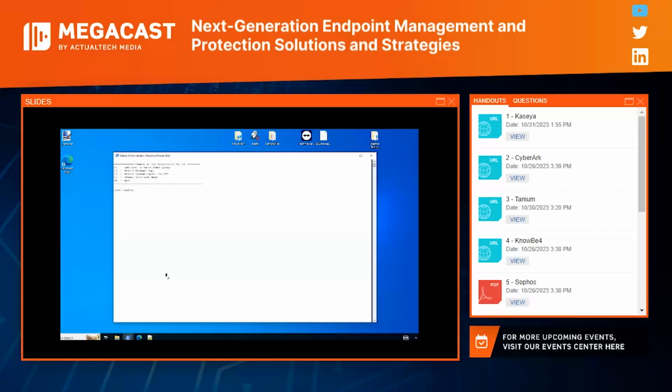The next is let's run through those same series of events that we did earlier, but this time in the active adversary context. So the first is let's add a user to the local admin group. You can see here kind of the same thing, right? We're adding a user, backup admin, with this password. However, when we go to add that user to the administrators group, we can see it was disrupted. We saw the pop-up in the bottom right, and access is denied.